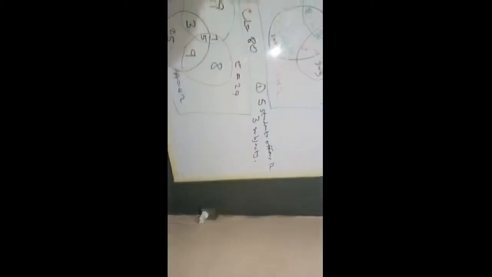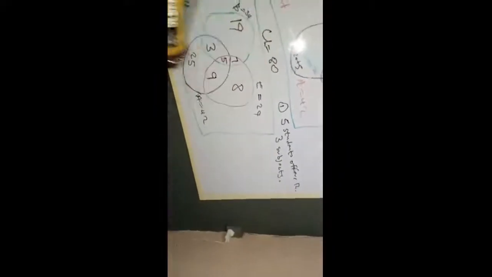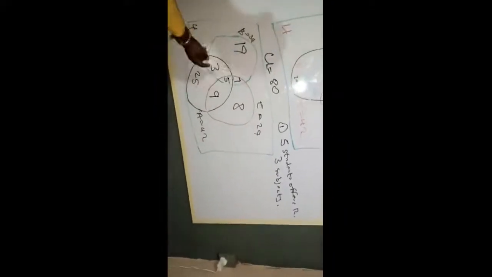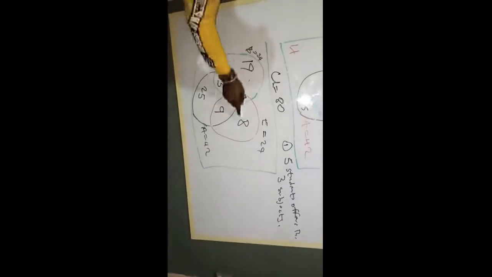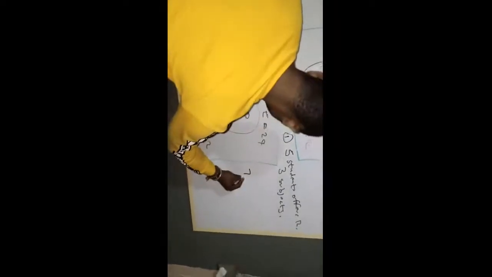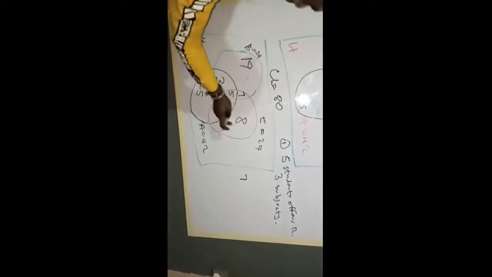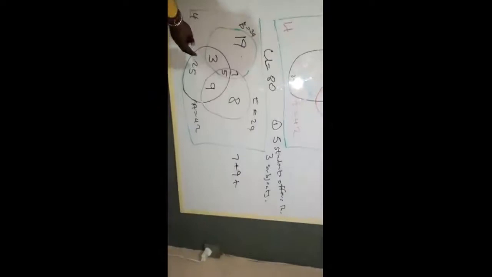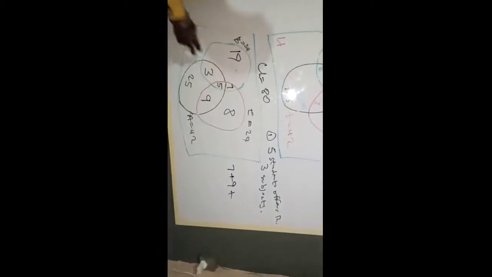Then question 2. How many students over combination of 2 subjects? That one is very simple. How many students over at least 2 subjects? That is, students that are over business and economics, which is 7, plus students over economics and accounting, which is 9. Then plus students over business and accounting, which is 3. So when we add everything, 7 plus 9 is 16, plus 3, which is 19. So 19 students